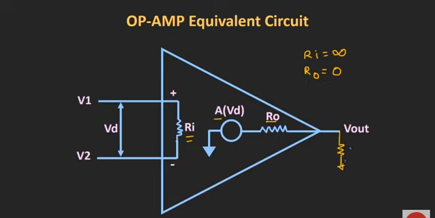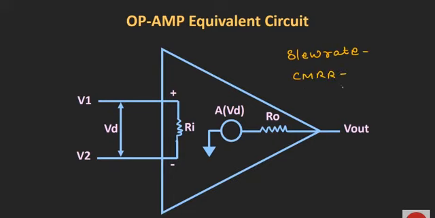That means whenever we apply the output load to this op-amp, the output voltage should directly come across this output load. The bandwidth of the ideal op-amp should also be equal to infinity. It means it should support all the frequencies starting from 0 Hz up to infinity. Similarly, the gain of the ideal op-amp should also be infinite. Apart from that, whenever these two input terminals are 0, that means the input to this op-amp is 0, at that time the output of the ideal op-amp should be equal to 0. Apart from these characteristics, there are a few more characteristics of the ideal op-amp: slew rate and the common mode rejection ratio.